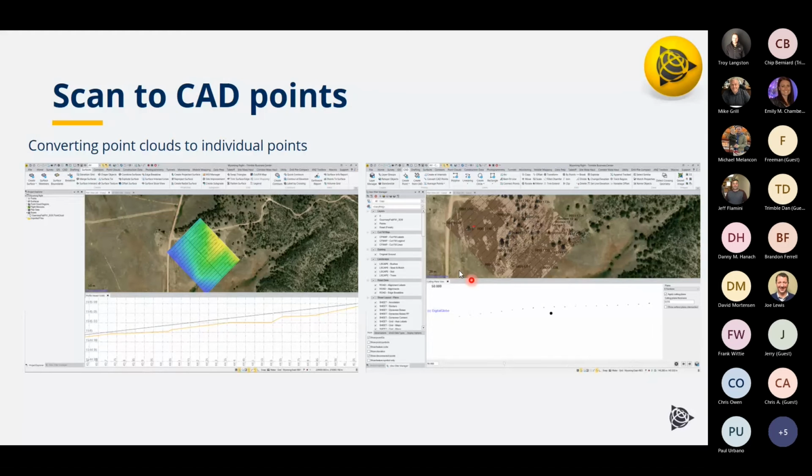But let's say I wanted to get these cross sections out. There are many ways to do it, but one of those would be scan to CAD. We would just simply convert this terrain right here, this slice, if you will, and you can export it out. Right here, we see you can go in and capture this and export it out. So scan to CAD is very useful if you want to extract certain sections of a point cloud,